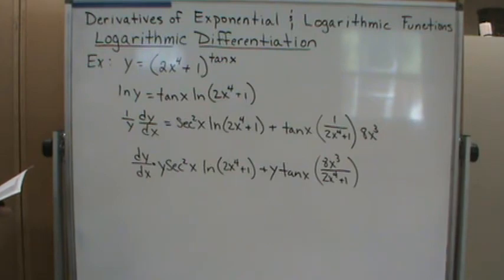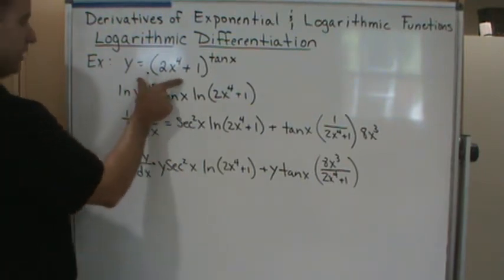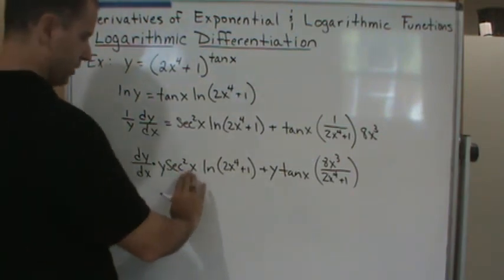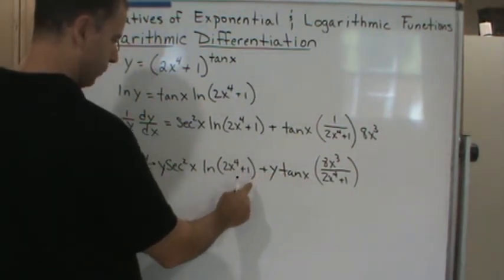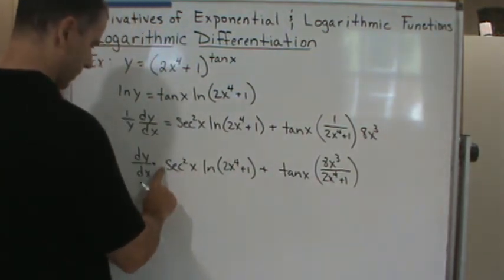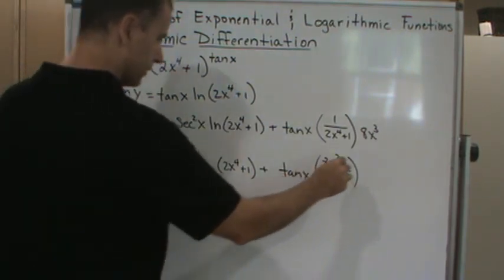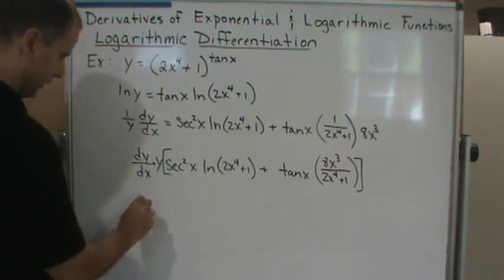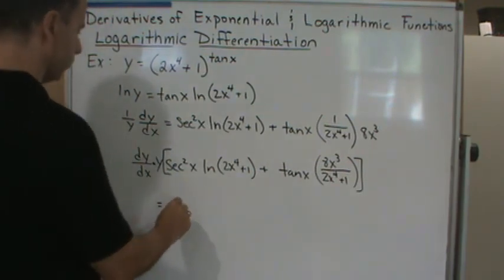So now I'm going to replace y with the original function, which is this. But you know what I'm going to do? I'm going to factor out the y because there's nothing I can do with this, and I have a common factor of y, so might as well factor this out now. Okay, so I'm going to write this as that. And so I'm going to get dy dx is equal to